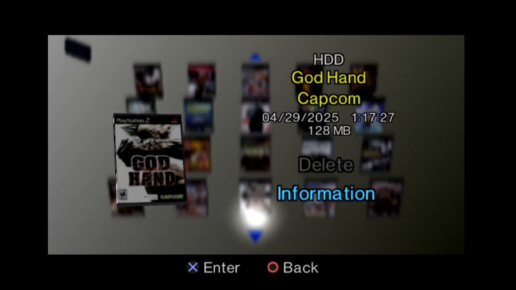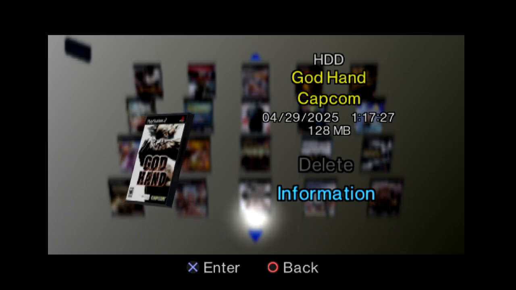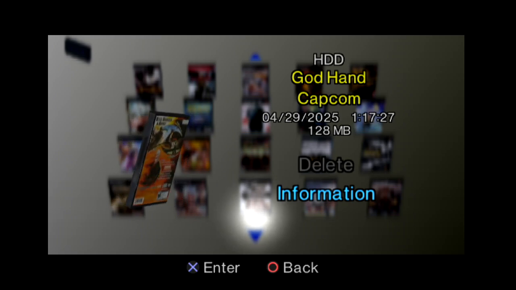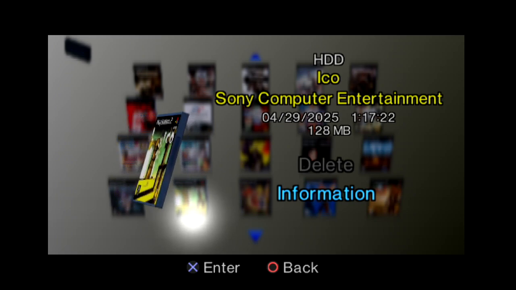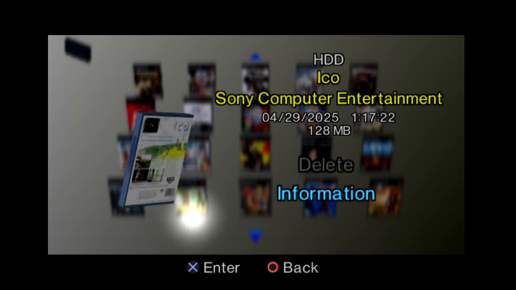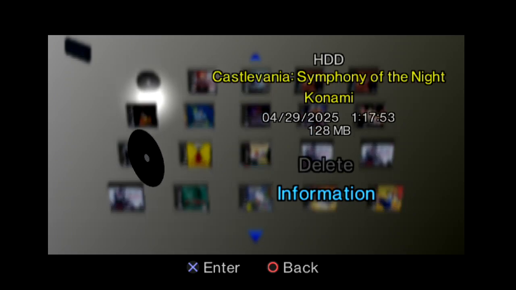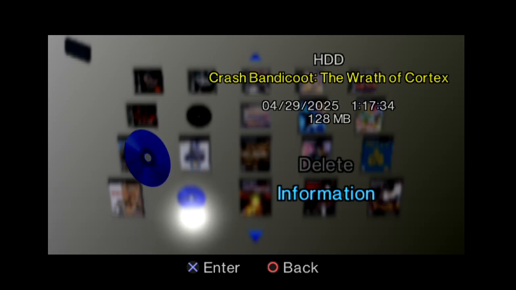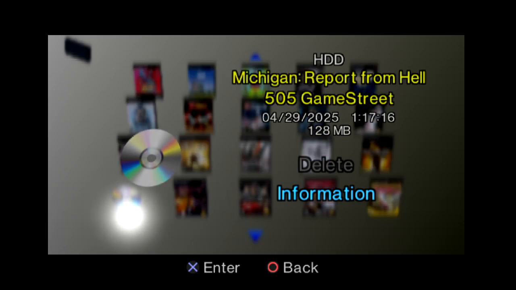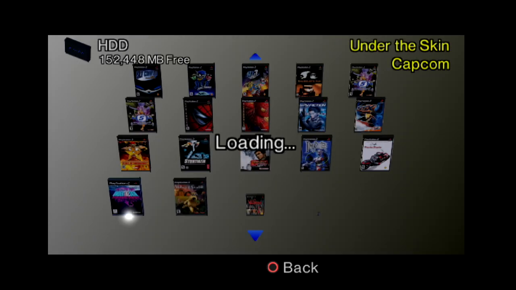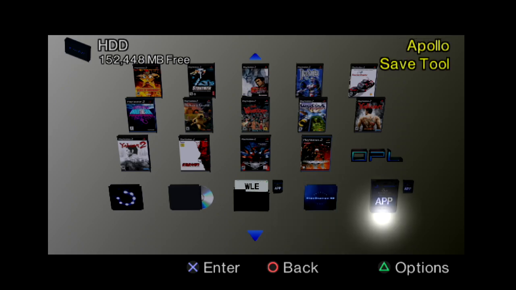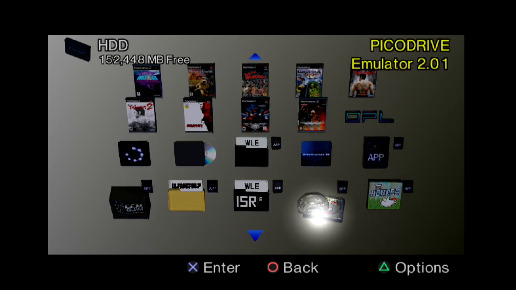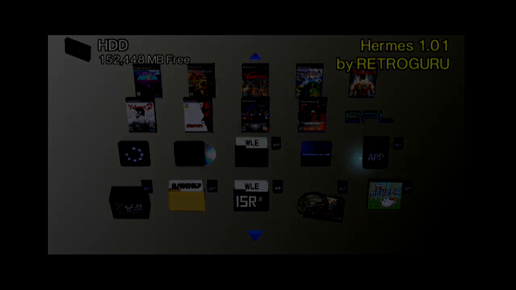There are two variants for PS2 games, black for NTSC games and blue for PAL games. Games that do not have a box icon are represented by a disc icon. PS1 games as a black CD, PS2 CD games as a blue CD, and PS2 DVDs as a DVD. Scroll through all your games and you'll find your Homebrew apps, including all your SAS apps. Games and apps can also be launched directly from Browser 2.0 by pressing the cross button.